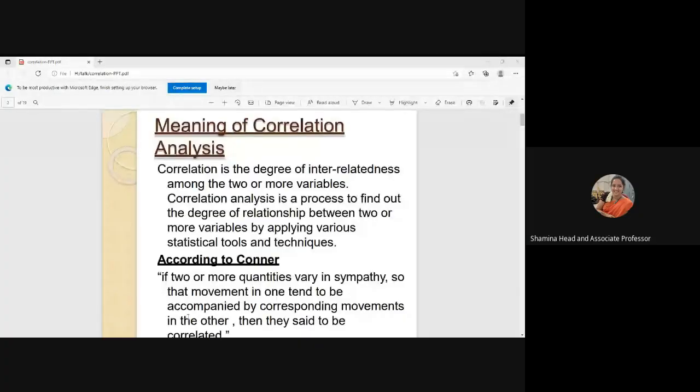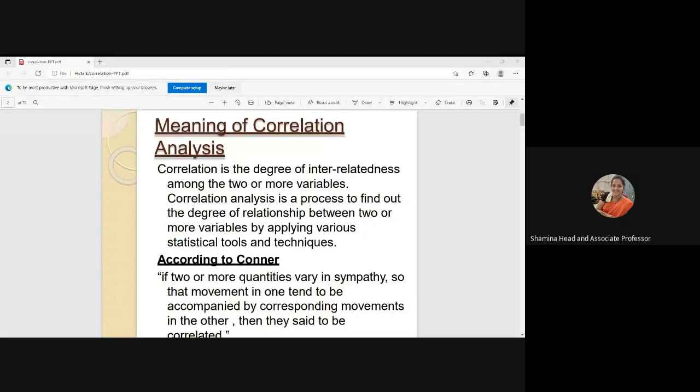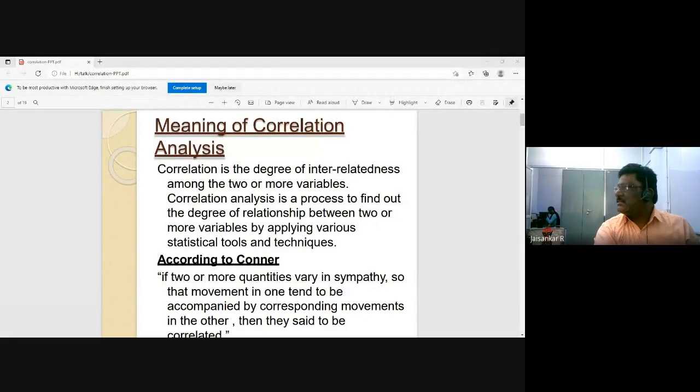So unfortunately, I cannot open that PPT which I have prepared for correlation. Sir, why, sir? Any problem with the version? I have got another PPT. I'll show it. Okay, sir. If it helps, you can also send the PPT to our mail ID so that we can present it for you.